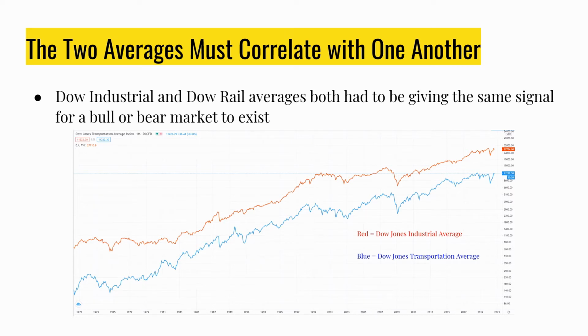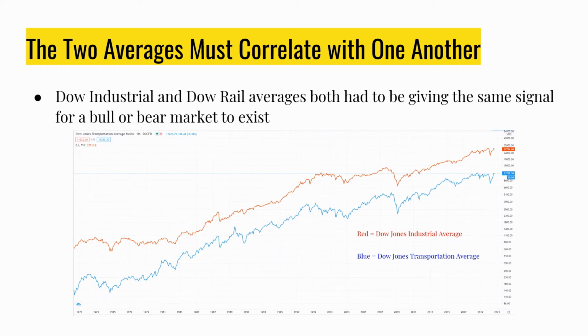Why? Because both the industrial and transportation averages are in an uptrend, and they confirm one another. Today, we can apply the third tenet to the major indices of today, so the S&P 500, the Nasdaq, and the Dow. I'll be doing this in the application section of the video, so continue watching as applying is really important